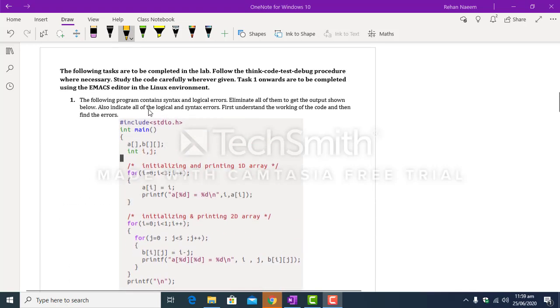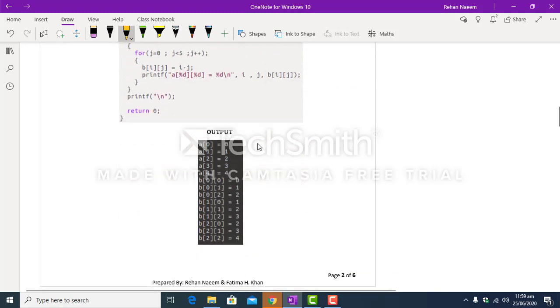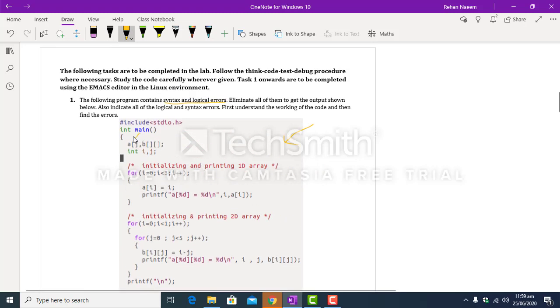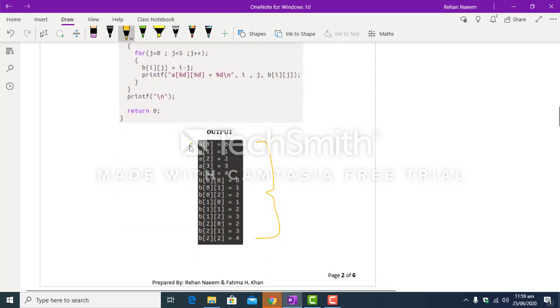In question number 1, you have to eliminate all the syntax and logical errors present in this code, and the output which you should get should look like this. So basically we have two arrays. One array is A, which is one dimensional, and the second array is B, which is a two-dimensional array. And at the output you can see that the one-dimensional array is initialized to values from 0 to 4,